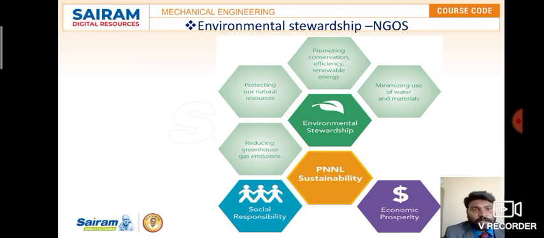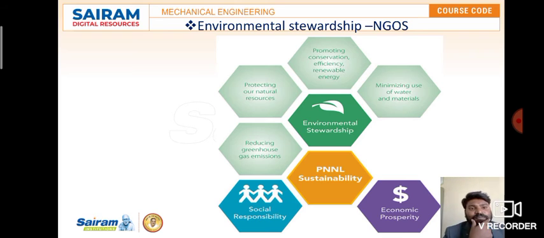So apart from the depletion of ozone layers, there is the greenhouse effect and the gas emissions from the automobiles. So different sorts of oxides of nitrogen, carbon dioxide, and sulfur dioxide. So to reduce all these harmful gases which are coming out from these automobiles, which are really harmful